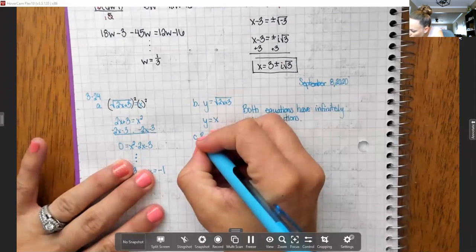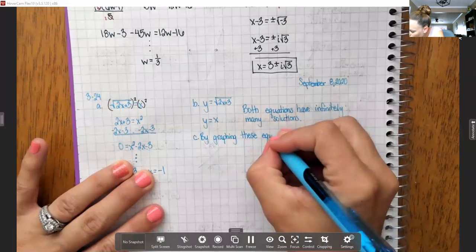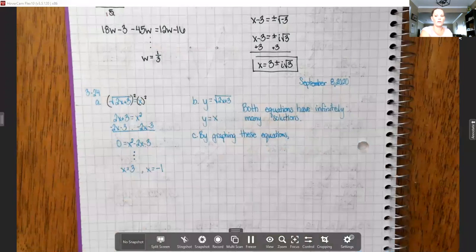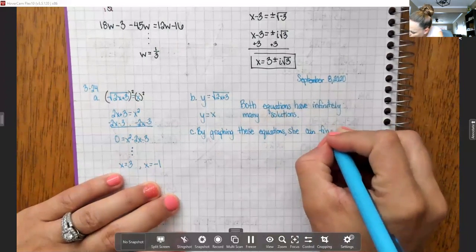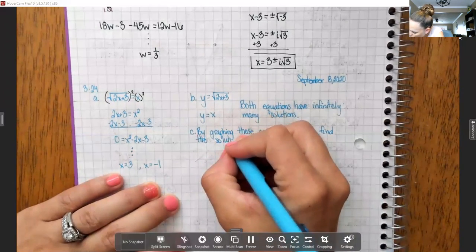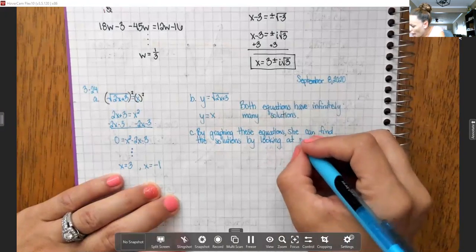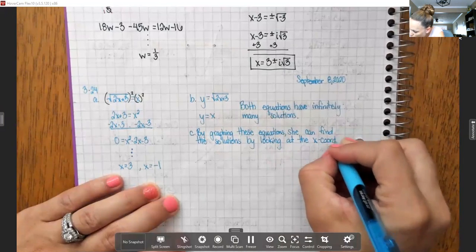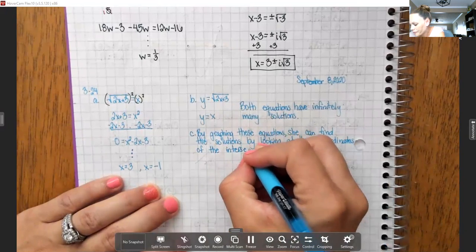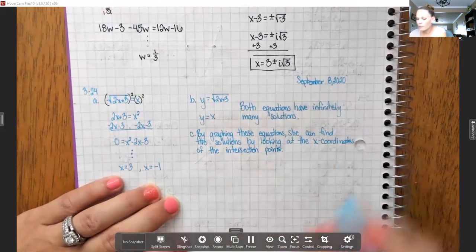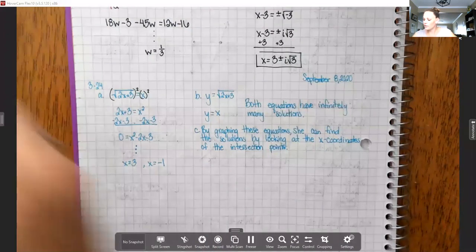So by graphing these equations, she can find the solutions by looking at the x coordinates of the intersection points. I'll write down here,